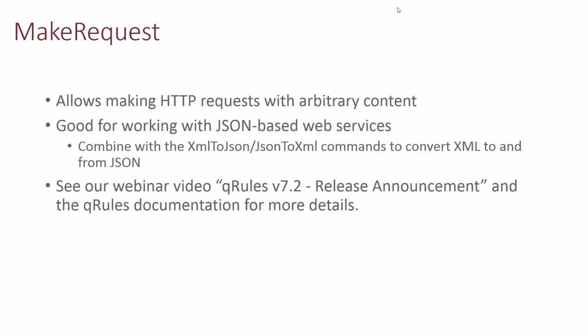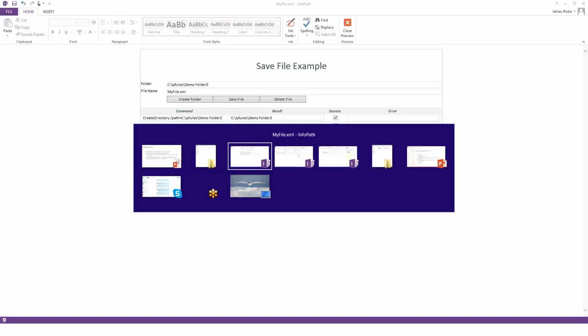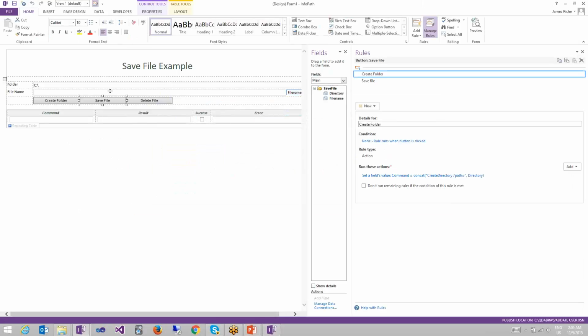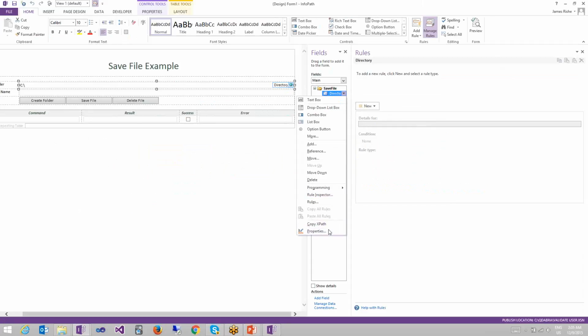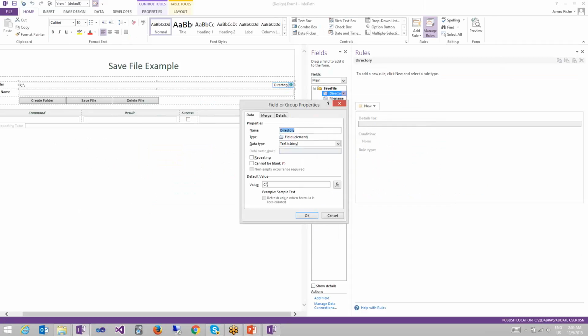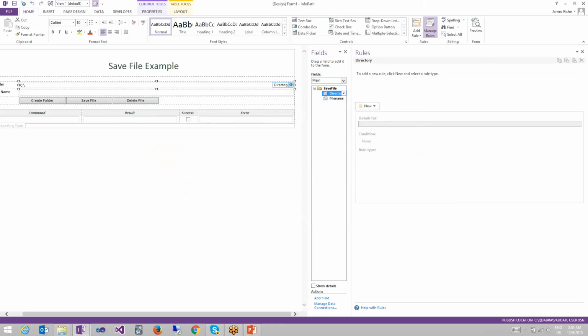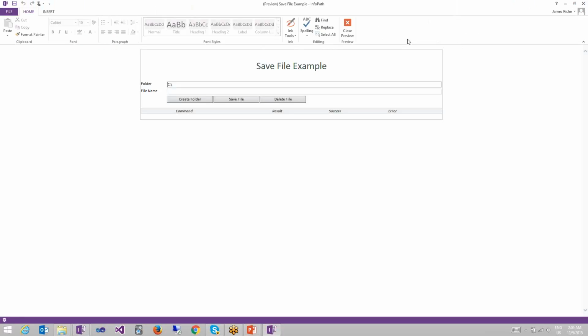So to get back to the previous question about whether there's a way to change the drive. The only reason it says C here is that I have put the default value of C into this field. If I had multiple drives, which I don't, I could certainly use a different drive. So I could use a D drive here. Since I don't have a D drive, it's just going to give me an error.